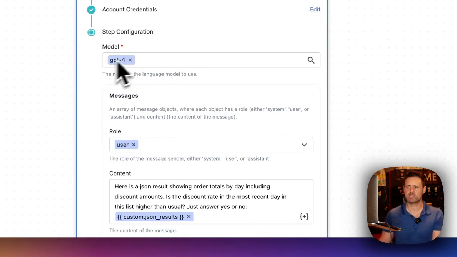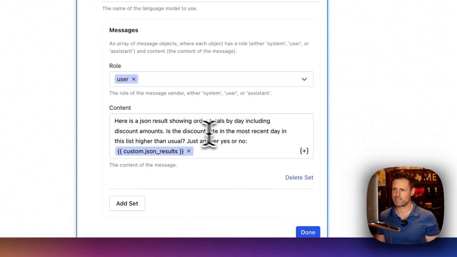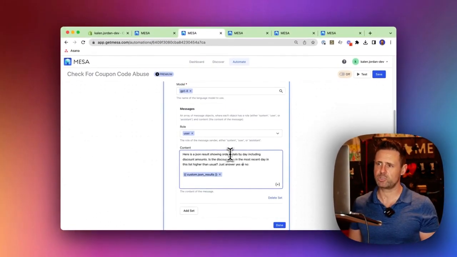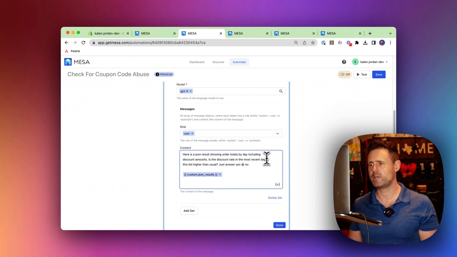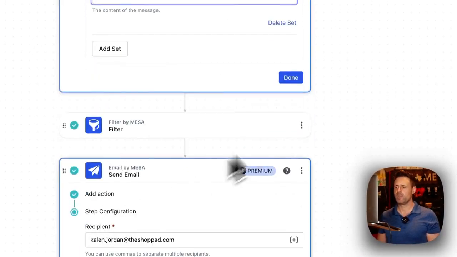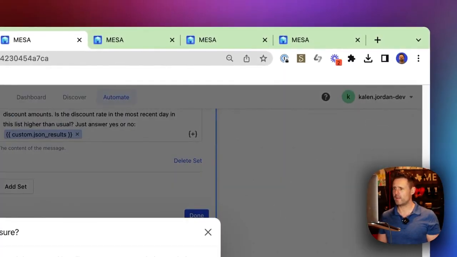And then we're going to do a ChatGPT step. We just got the GPT-4 API access. And here's the prompt. Here's a JSON result showing order totals by day, including discount amounts. Is the discount rate in the most recent day higher than usual? Just answer yes or no. And so when we run that,